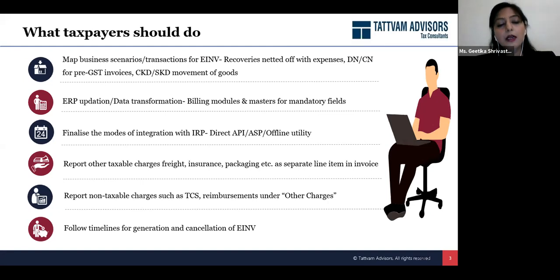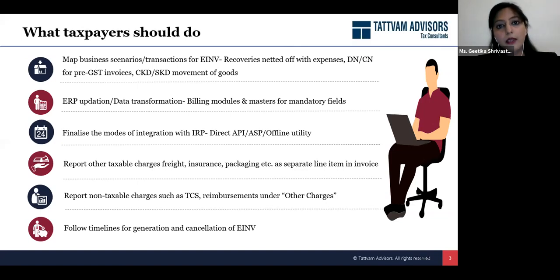Another example which we have always seen is where there is a movement in lots. There are doubts which keep coming that in case of movement in lots, when it's a CKD or SKD movement, it's only one invoice which is issued, and the goods move in lots and the DCs. So whether there has to be multiple e-invoicing for all the movements, because yes, for the purpose of e-way bill, the e-way bill is generated for the invoice as well as for the delivery challan.